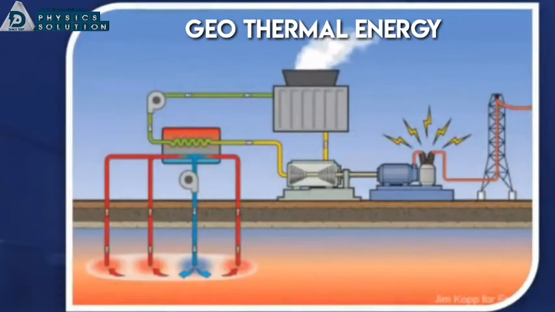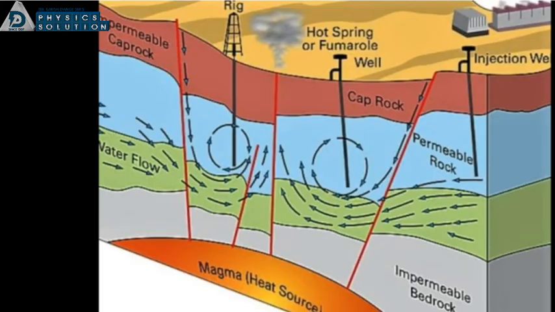Now students, this is a systematic diagram of a geothermal power plant, which converts geothermal energy into electric energy. The interior heat of the earth is used for production of electricity. The energy derived from hot spots beneath the earth is called geothermal energy. It is obtained by tapping underground reservoirs near volcanoes or hotspots on the surface of the earth.